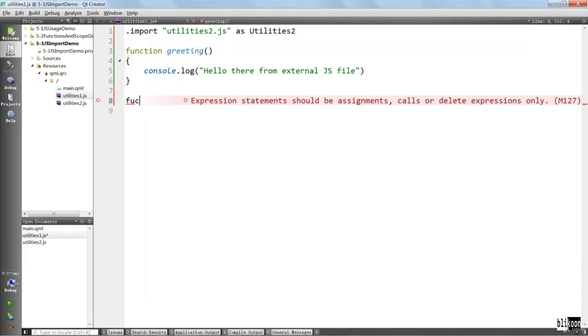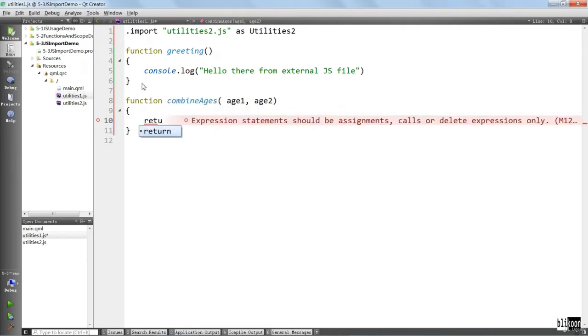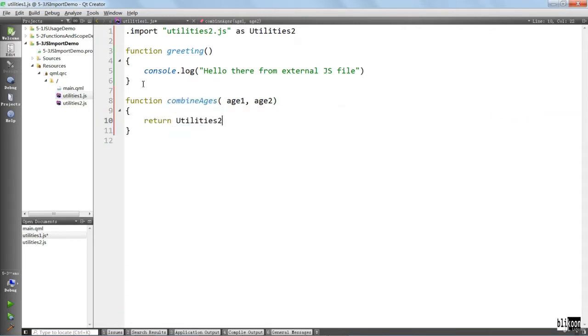If we define another function here, for example, call it combineEdges, and it's going to take edge1 and edge2, and it's going to return utilities2.add of these two edges, edge1 and edge2,